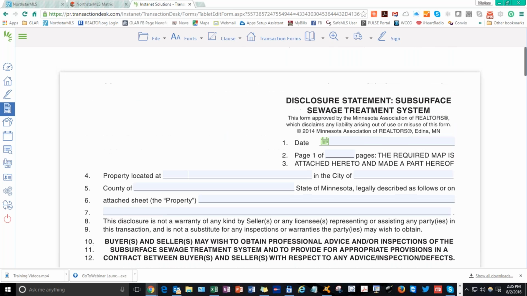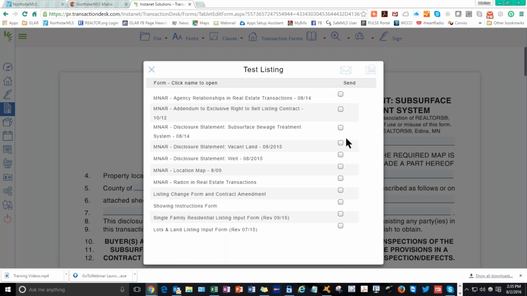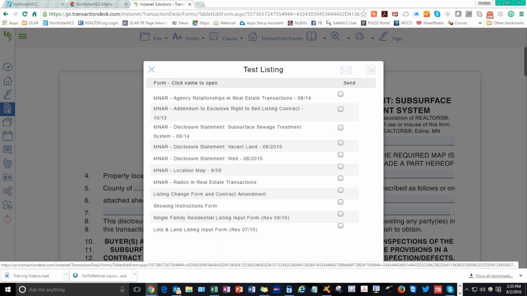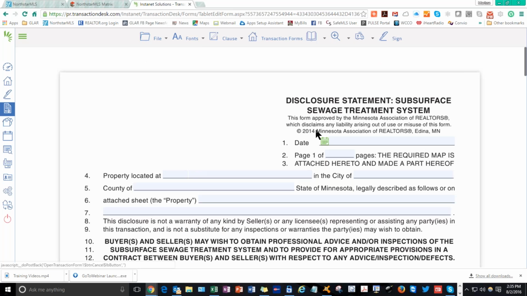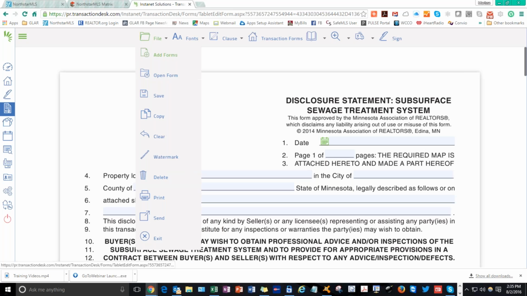This is a disclosure statement, so if I want to send it to my client to have them fill it out, I can again go under transaction forms. I can check the particular form. So let me do, let's see, we want the seller's property disclosure. Looks like I forgot to add that one, so if I need to add the new form at this point,